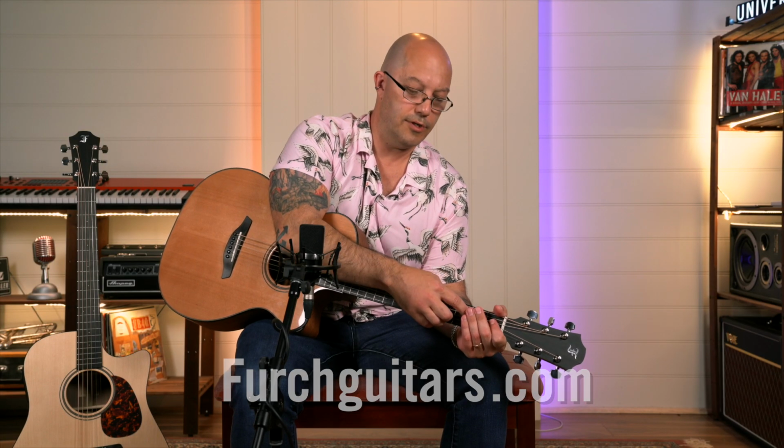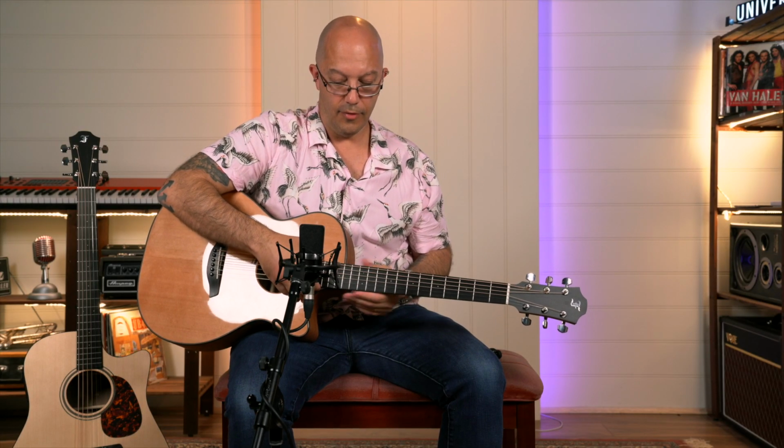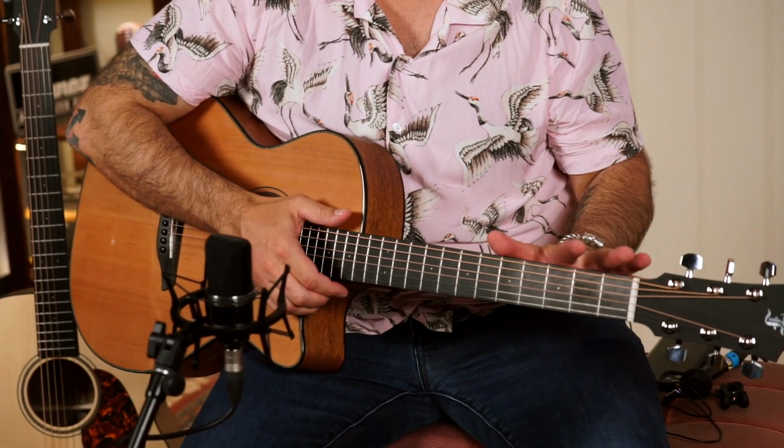Easy to find. They have a double action truss rod, which is not uncommon, but they put it in a carbon sleeve, and the carbon sleeve allows the neck to be extremely rigid and very accurate for neck relief. Combining that with a special alloyed material L bracket here in the neck to body join gives the neck the right pitch to the body, and makes the neck and the neck body joint extremely rigid and very strong. They call it CNR, composite neck reinforcement, and essentially you get pretty much perfect playing action and really accurate